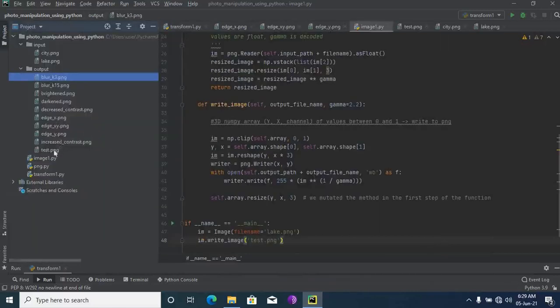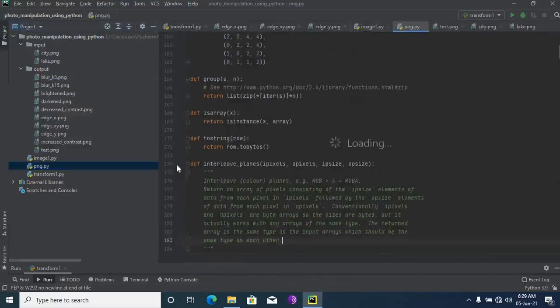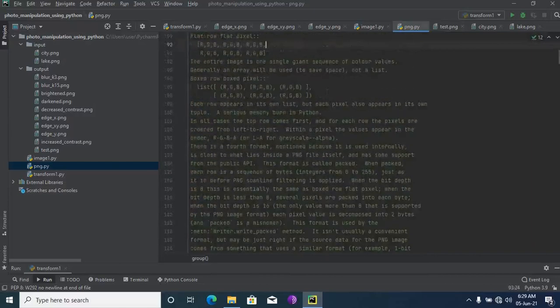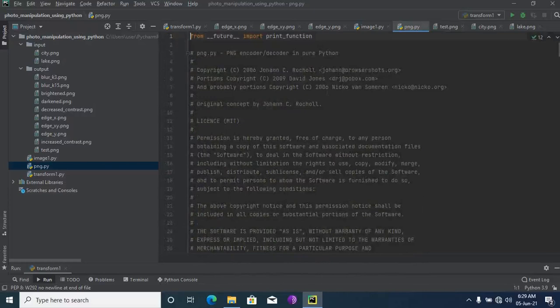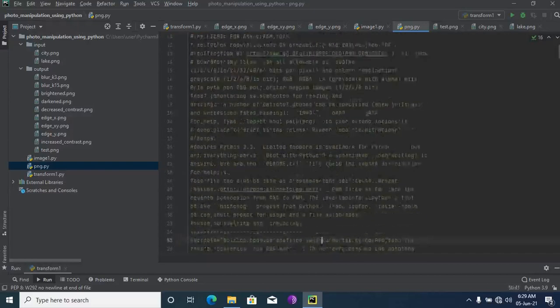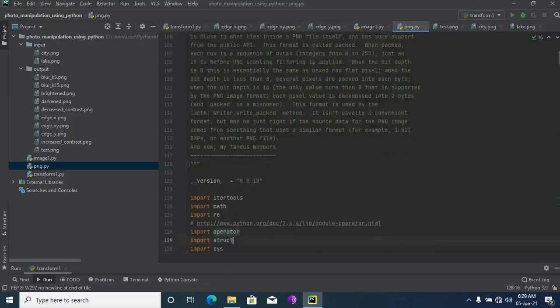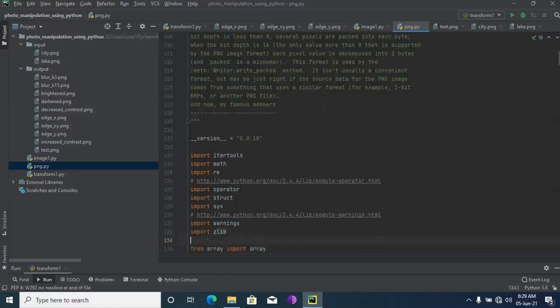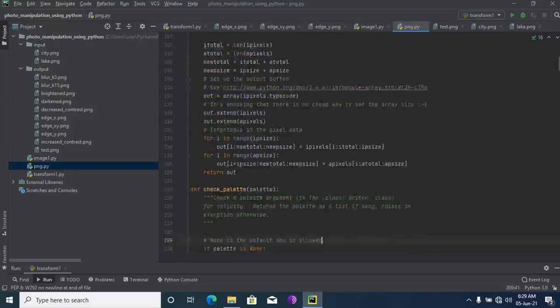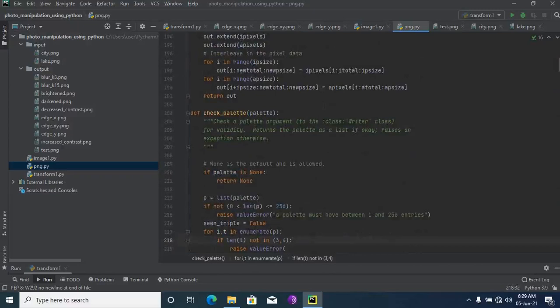For reading and writing I'm using this PNG module that somebody has created, by John C. Ruggle. This PNG file reads the image as an array and writes the images as an array and vice versa.